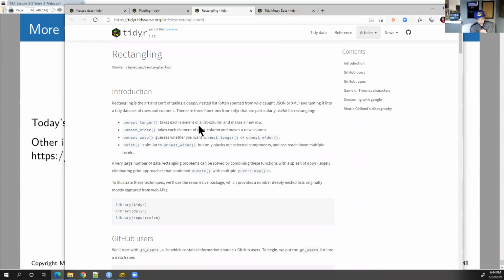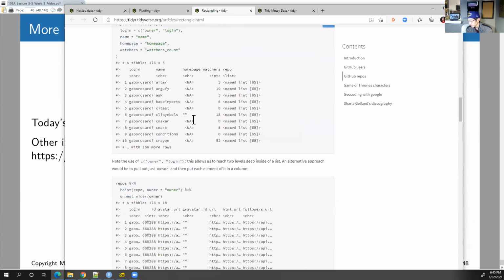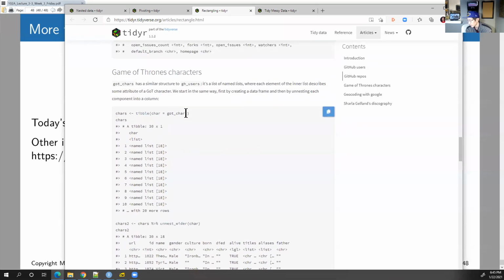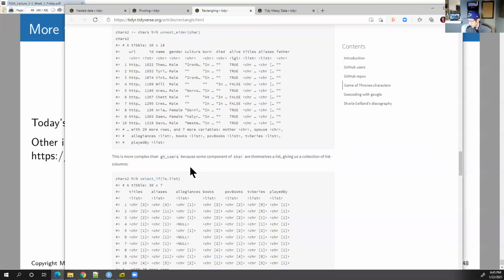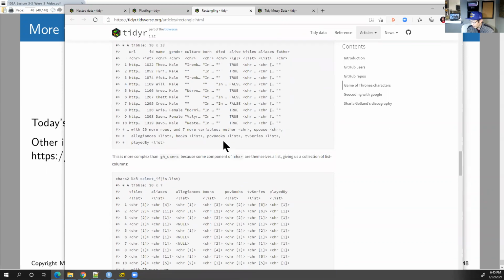Rectangling is the idea that sometimes you might have data where the values are lists contained inside of lists. You'll have these nested lists. For example, there's a data set called Game of Thrones characters. I don't know if you watched the show at all, but inside the Game of Thrones characters data set, you'll have the name of a character like Theon Greyjoy. And one of the values,